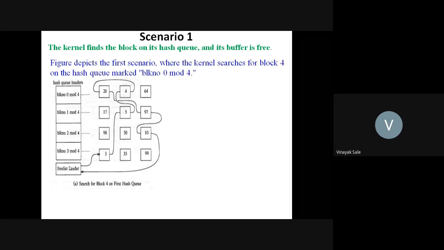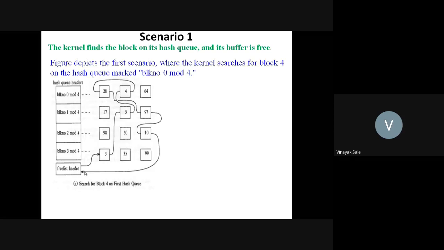Below that hash queue, there is a free list header, and these different lines indicate that these are the three buffers connected to the free list header.